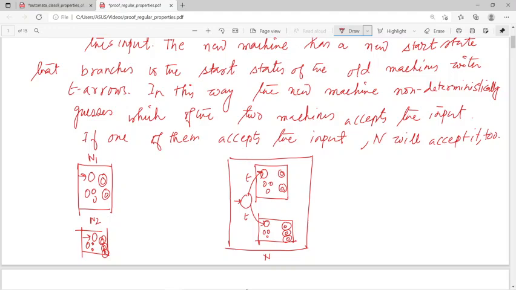তার মানে কি, আমি N1 যে স্ট্রিংকে অ্যাকসেপ্ট করতো, আমি যদি N কেও এই স্ট্রিং দিই, আইদার ও N1 এর মধ্যে দিয়ে যাবে, আর N2 এর করসপন্ডিং স্ট্রিং দিলে ও N2 এর মধ্যে দিয়ে যাবে, তার মানে N ও সেই জিনিসটাকে অ্যাকসেপ্ট করছে। দ্যাট মিন্স দ্যাট ইজ দ্য করসপন্ডিং প্রুফ। তার মানে আমি একটা নতুন মেশিন বানাতে পারলাম উইথ দ্য হেল্প অফ দিস N1 N2, সেই মেশিনটাও N1 N2 যে স্ট্রিং অ্যাকসেপ্ট করবে, এই মেশিনটাও নন ডিটারমিনিস্টিক্যালি সেই স্ট্রিংকে অ্যাকসেপ্ট করবে। তার মানে আমি এটা দেখে বলতে পারছি যে দ্যাট ক্যান অ্যাকসেপ্ট দিস।